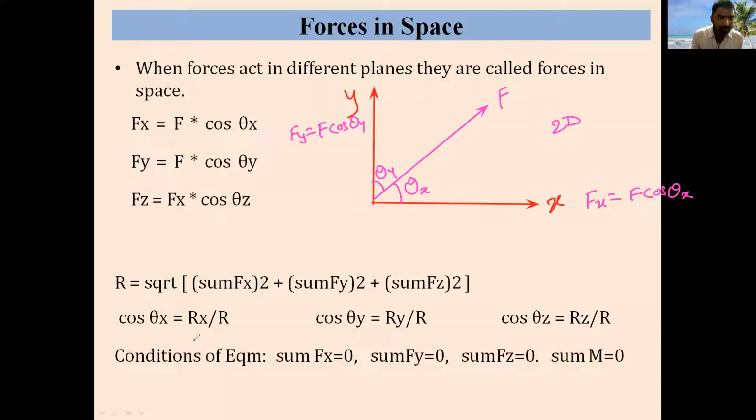If the forces lie in three dimensions, that is three axes,